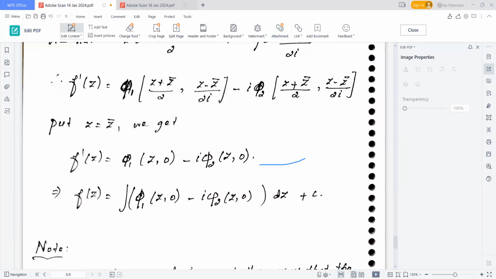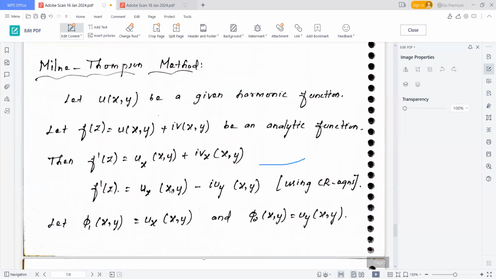The required analytic function f of z equals the integral of phi 1 of z comma 0 minus i phi 2 of z comma 0 into dz plus a constant. Okay, so it's a simple method. So what you need to do is